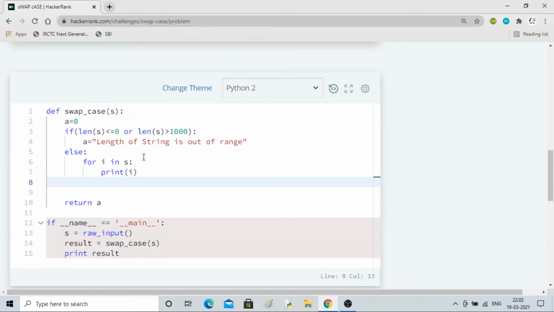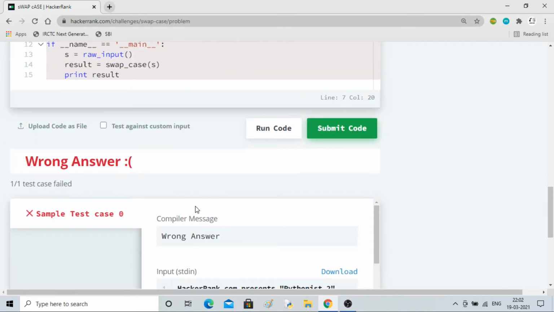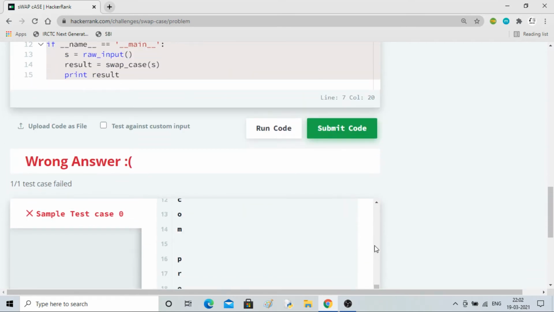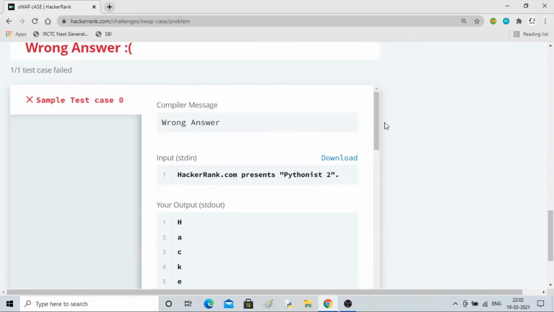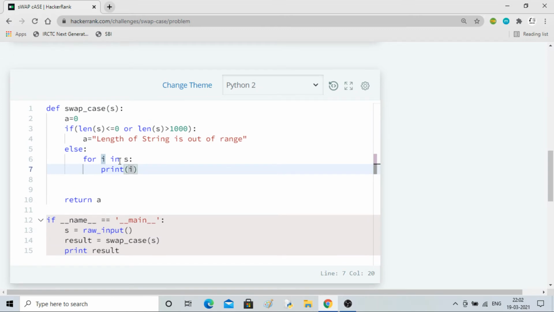Else for loop, it's running in S, inside S. If I'll print, then it is accessing every location, then double for loop is not required. Presents Python. Okay. One minute.